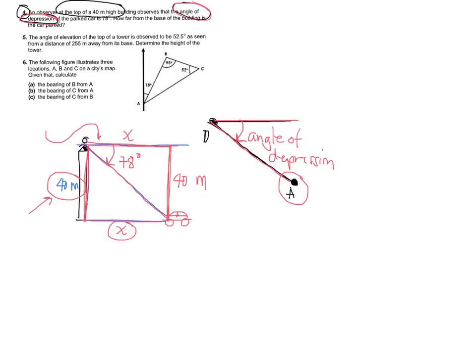Remember, the triangle that we are going to take is the triangle on the upper side. So I'll recreate the triangle. This is 40 meters, this is x, and this is 78 degrees. This is always 90 degrees, because the building is on the ground, so it is assumed to be 90 degrees. Once you have the triangle, the information, and the unknown,